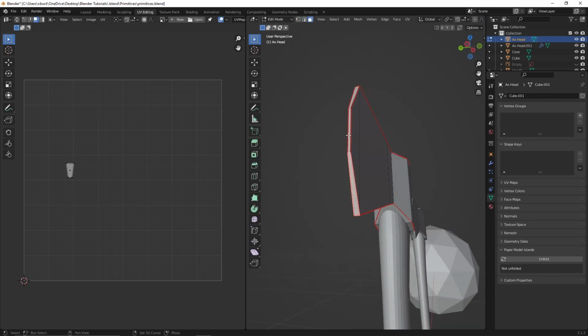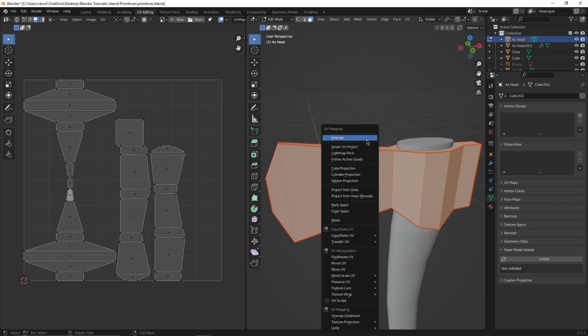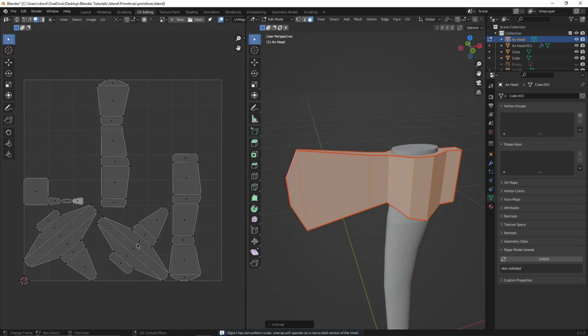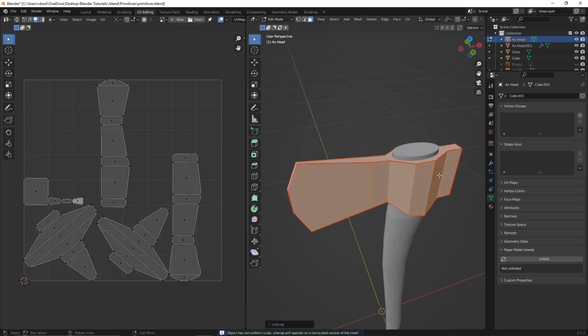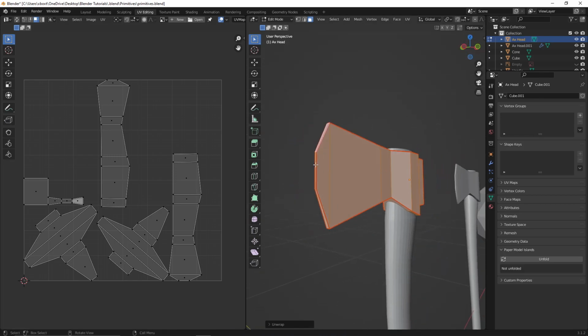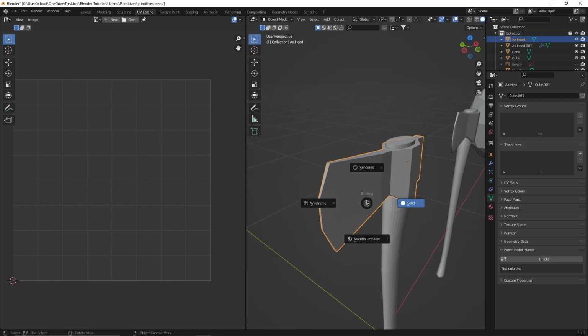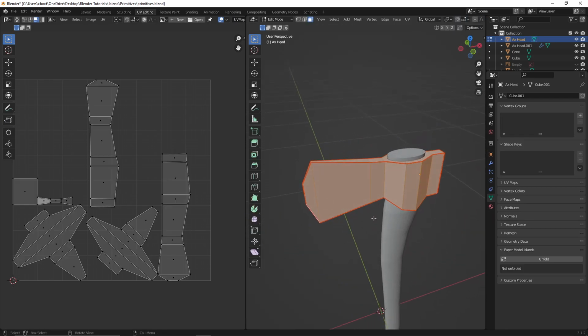So now we have this piece as its own tile, right? So I'm going to press A and then U, unwrap again. So now that's unwrapped, these two pieces are the top pieces, and then this one right here, you can see is just this tiny piece for the front of the blade, right? So we go back to this, and let's see, material preview,